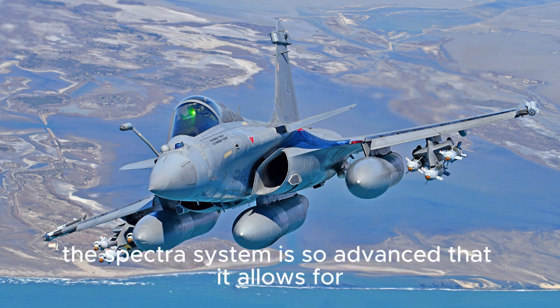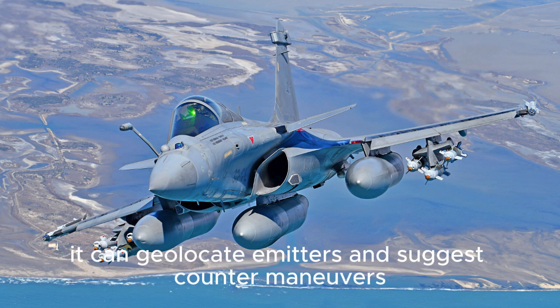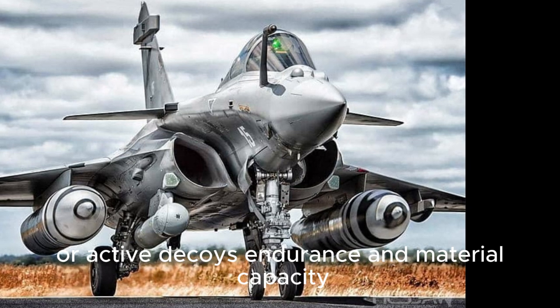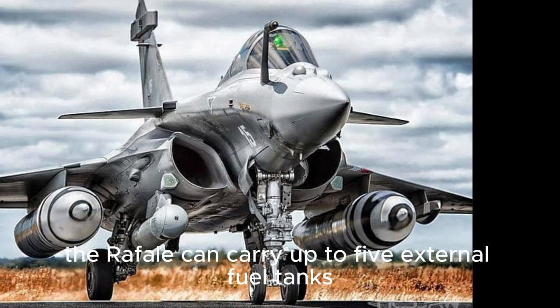The Spectra system is so advanced that it allows Rafale to perform preemptive jamming and terrain-following flight in heavily defended airspace. It can geolocate emitters and suggest counter-maneuvers or automatic deployment of chaff, flares, or active decoys. Endurance and multirole capacity. The Rafale can carry up to 5 external fuel tanks,